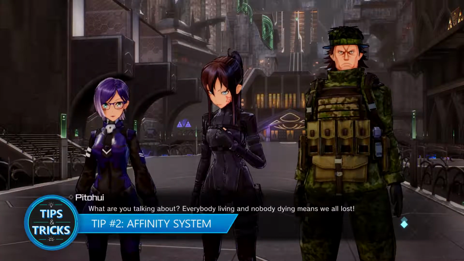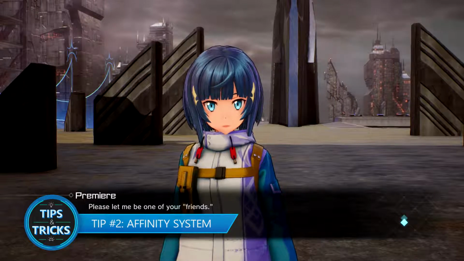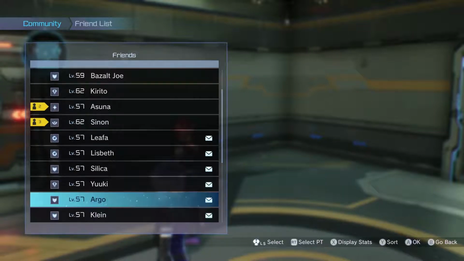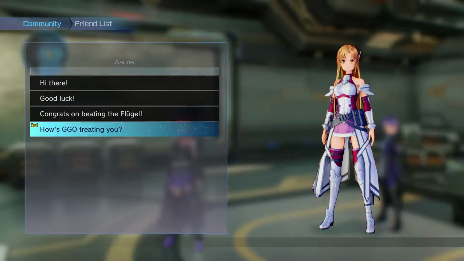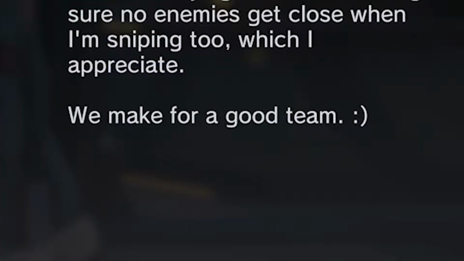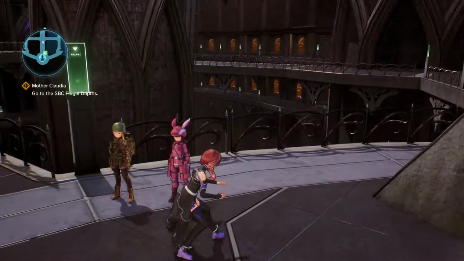Tip number 2, the affinity system. SAO Fatal Bullet boasts a rather hilarious affinity system. By partying with characters you'd like to grow closer with, you could increase your affinity with them. As your affinity increases with a specific character, you'll begin to receive messages from them. They'll comment on random things and tell you how much they appreciate you being around. Aww. You may even find them hanging around the SBC Glocken, and by interacting with them here, you can unlock